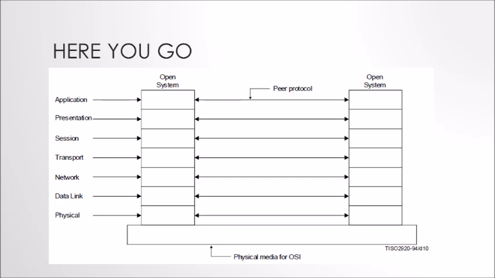And of course, here is our 7-layer model. This is an image right from the standard, and it shows the model that we've come to know and love all of these years. And of course, we recall that the TCP/IP model is actually a 5-layer model that collapses or compresses session, presentation, and application together.